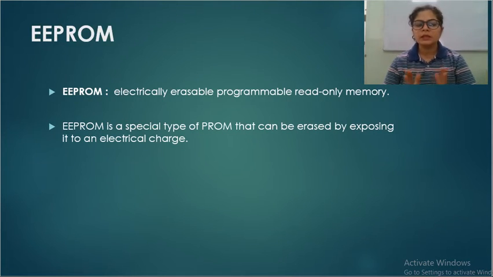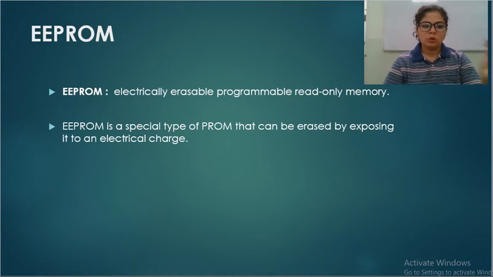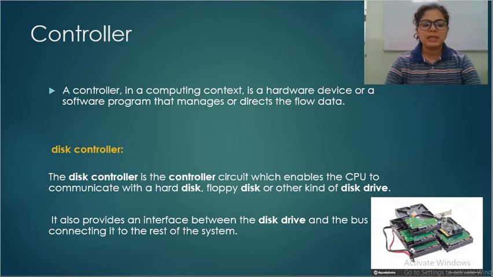So we are studying the third unit of CS2, and the name of this unit is functional hardware part of PC. So we are studying all the basic hardware parts of PC. In the last session we discussed the memory. In today's lecture we have to study about the controller.